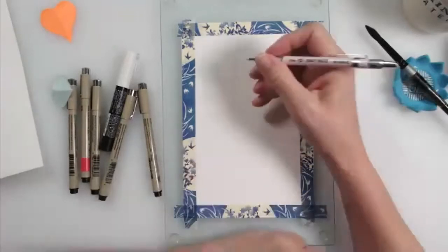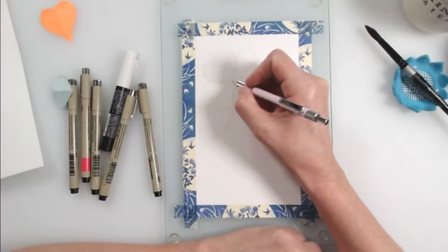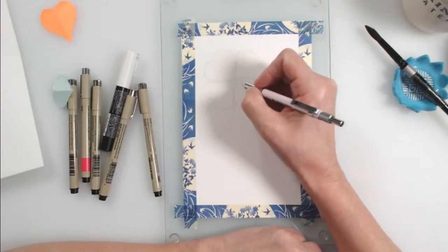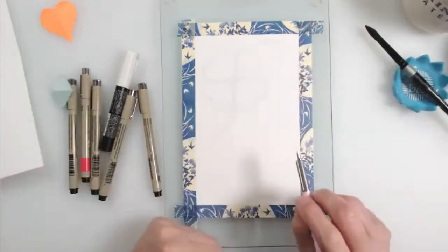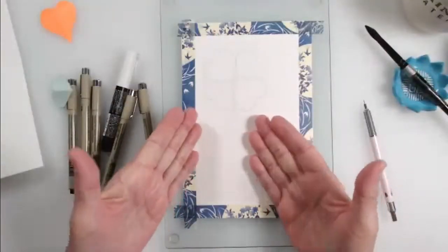That wasn't the best eraser for that. I'm just going to finalize the shape of the clover. This is my lucky clover. And there it is. So now what you want to do is you're going to do a watercolor in the